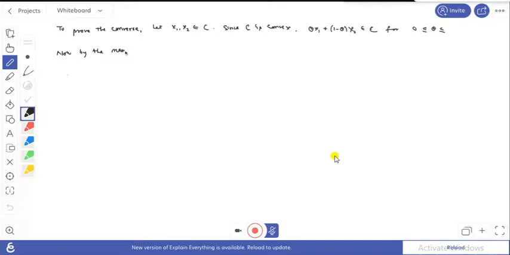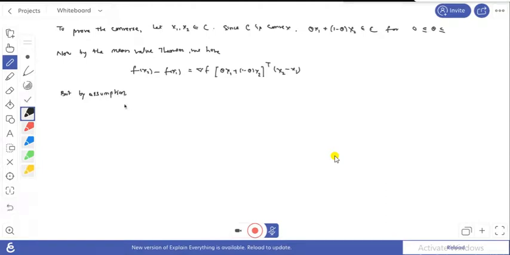Now, by using the mean value theorem, we have f of x2 minus f of x1 is equal to gradient of f at theta x1 plus 1 minus theta x2, transpose, times x2 minus x1. Okay, but by assumption,